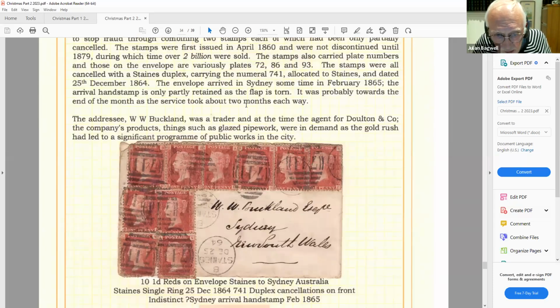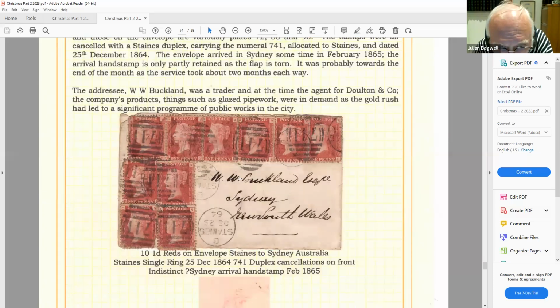Now a couple of overseas items. This is a letter from Staines near London to Sydney, New South Wales. 1, 2, 3, 4, 5, 6, 7, 8, 9, 10 penny reds on it, all with duplex cancels on the front. A nice Staines, December the 25th,